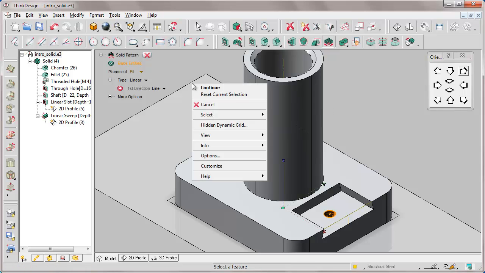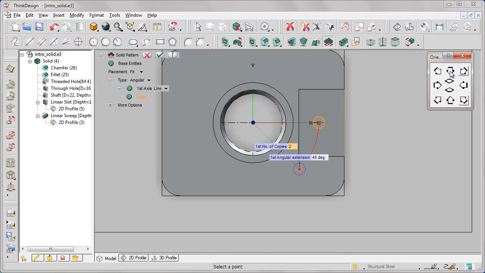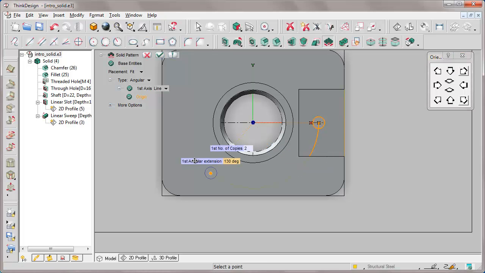We say Continue, because there is no other feature to replay. We define the type of pattern angular. Once more, we exploit the central axis, because around it we need to make an angular replay by the modality we entered. In other terms, within an angular extension of 360 degrees, place 3 copies, including the original one. We confirm.